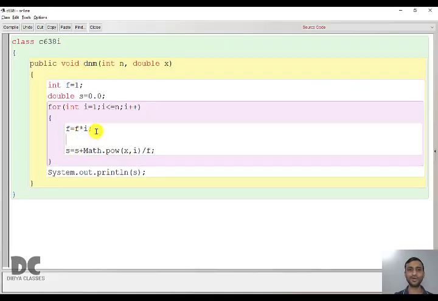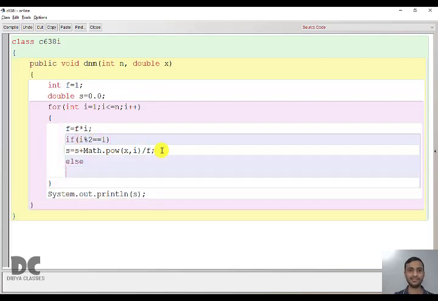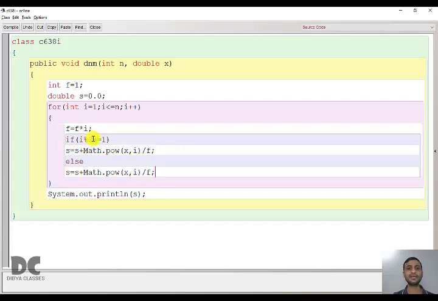So here we are going to add, if i modulo 2 equal to 1, means nothing but odd, then it is positive, else it is negative. Means if it is odd term, then we are going to add, and if it is even term, we are going to subtract. Our job is done.